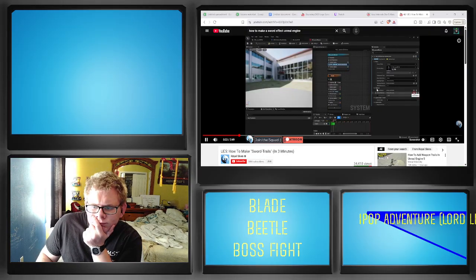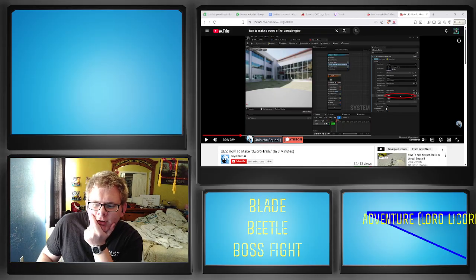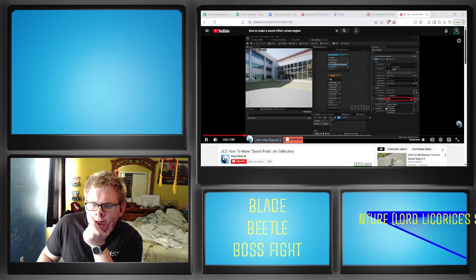Then add two filtered sockets. Set the two filtered sockets, the first one to your weapon base and the second one to your weapon tip. Then